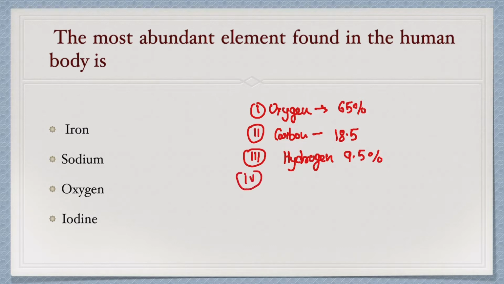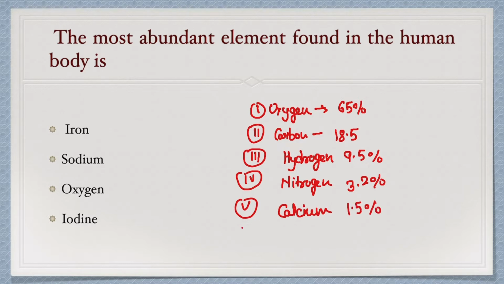Fourth is nitrogen, which is about 3.2%. Fifth one is calcium, which is about 1.5%. And the sixth one is phosphorus,